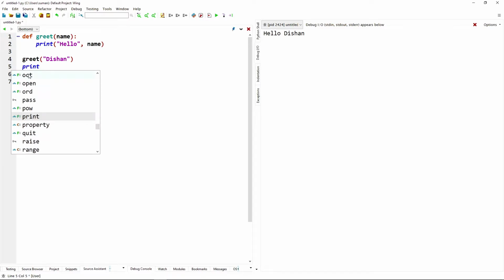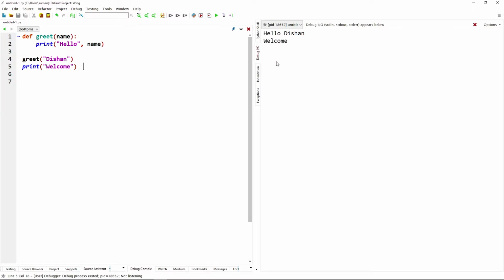We are once again giving another output string here with the print function. So if we run the code now, that gives us the output hello Dishan. That means after the call of the greet function, the print function gives the output welcome here.